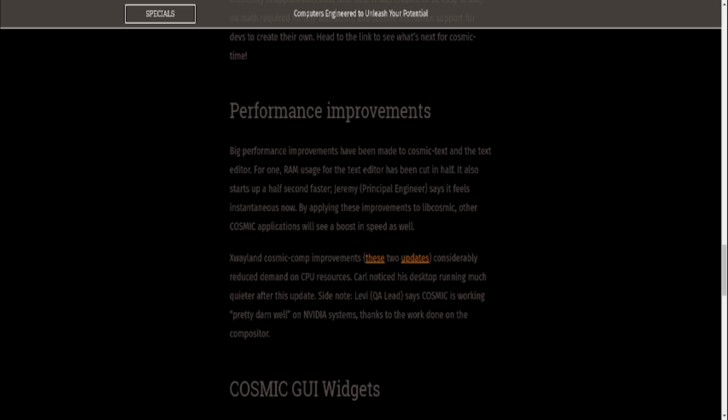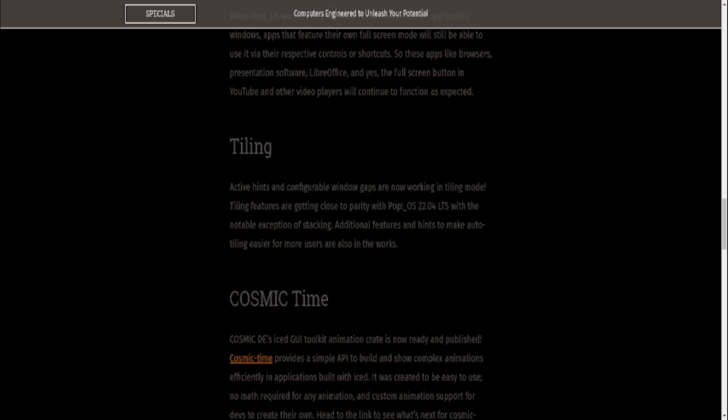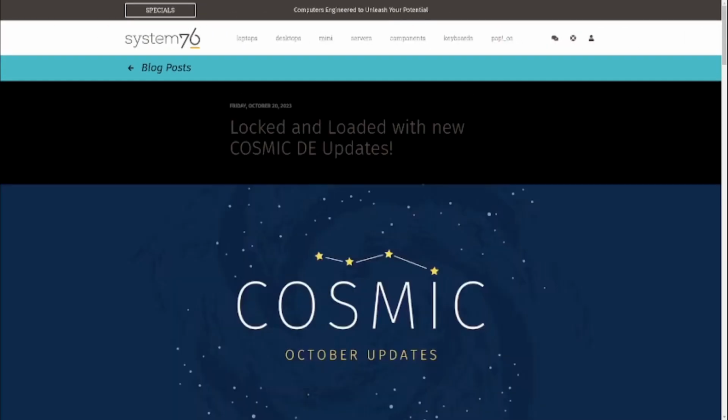RAM usage for the text editor has been almost cut in half. There's a lot of other performance issues in the background for RAM that they've done. Also, the X-Whale Cosmic comp improvements have been done as well, so they've reduced a lot of demand on the CPU. So that being said, they've done a lot to make it a lot smoother and a lot faster. But what's really cool is we're going to take a look at the